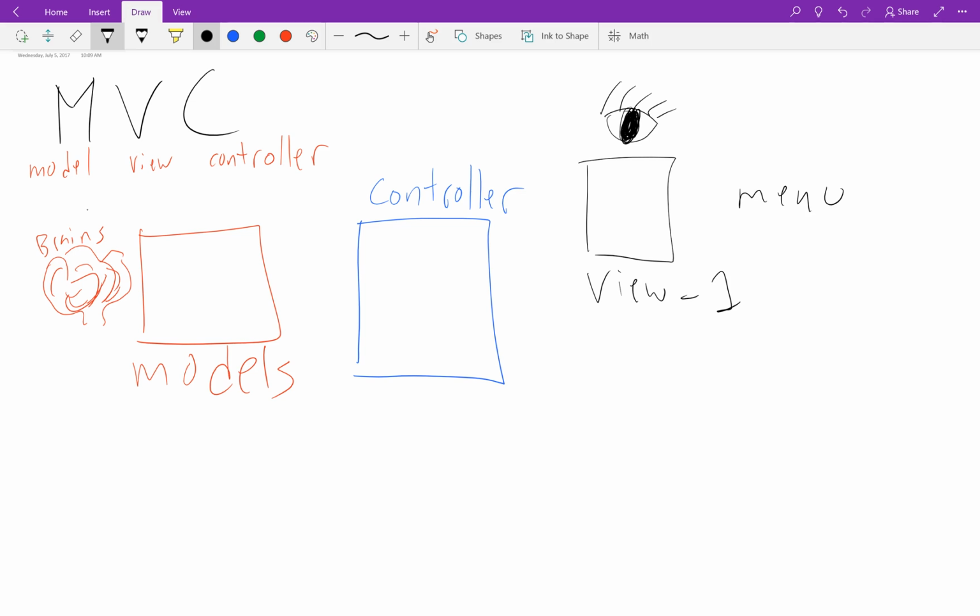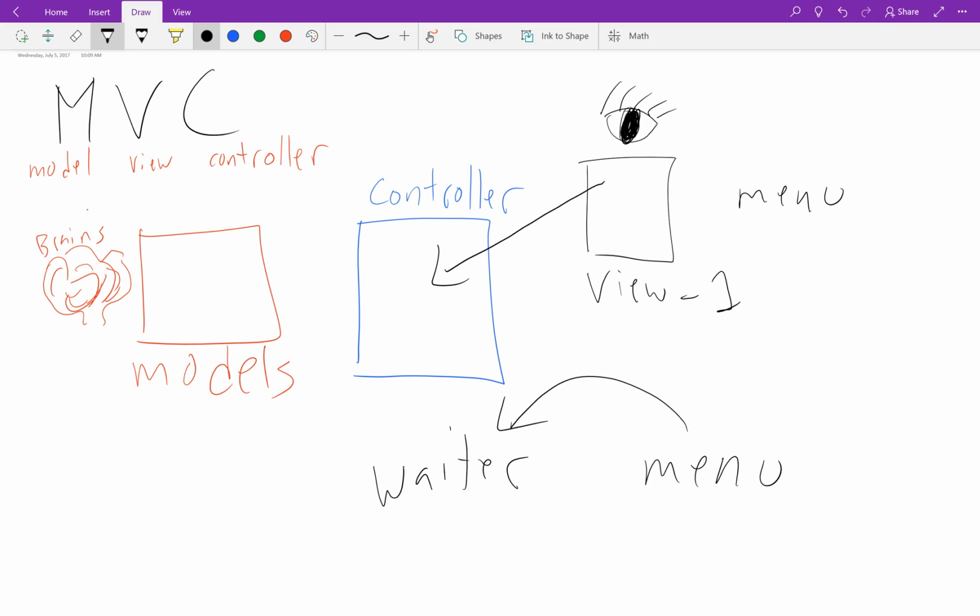The waiter, or the controller, in this case, the user requests something to the waiter, which is the controller, and the controller does all the directing. So the input from the user goes into the controller part of our app,